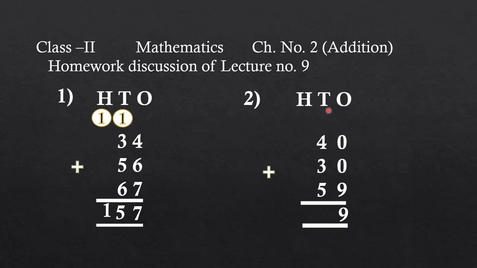Okay beta. Now here at tens place column you can see we have 3 digits: 4, 3 and 5. Keep 4 in your mind and 3 on your finger. After 4 we have to count 3 numbers: 5, 6, 7. Now keep 7 in your mind and 5 on your finger. After 7 we have to count 5 numbers: 8, 9, 10, 11, 12. So we will write 2 here and 1 will be carry over at hundreds place column. Here at hundreds place column we have no digit, only one carry digit is there. So we will write 1 here. So our answer is 129.